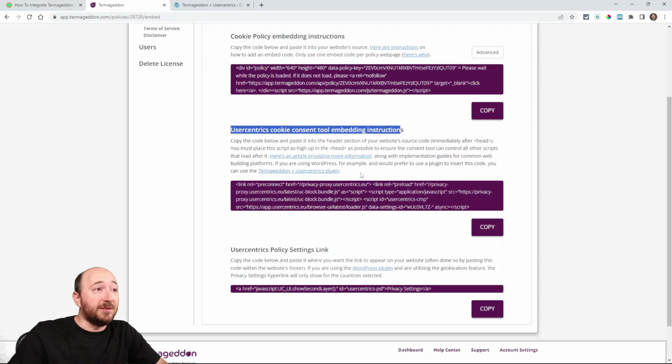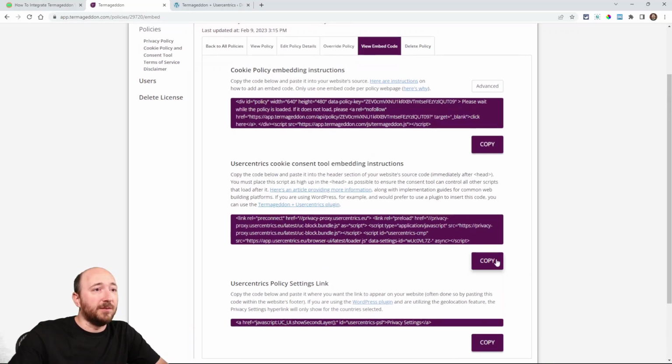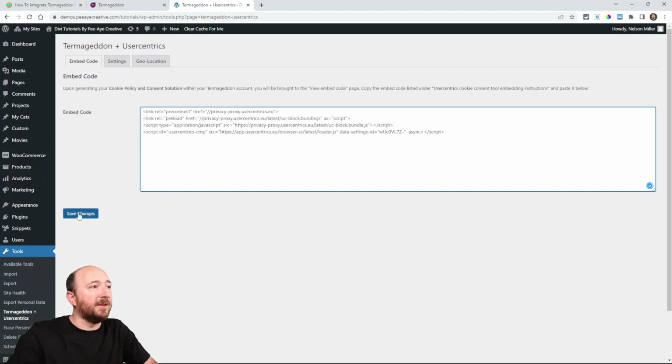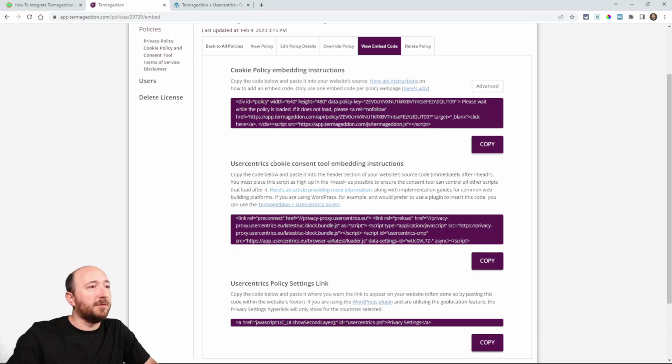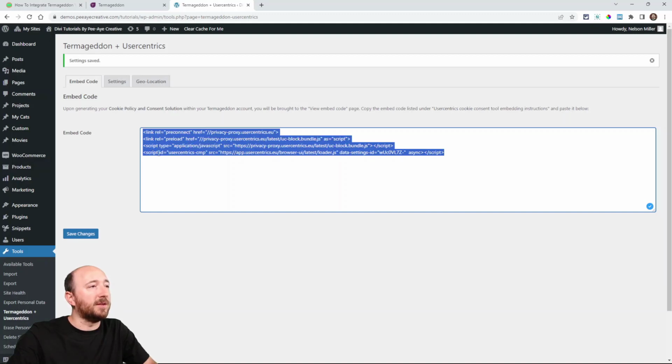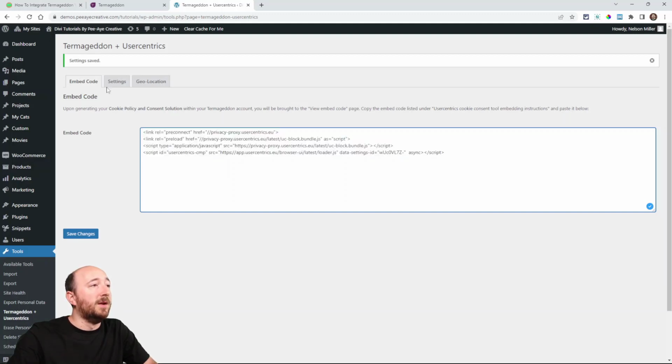This is what we need to copy, the second one here. We need to copy this. It's all about Usercentrics. They're teamed up with them. We need to copy that and paste that right here, okay? And then save changes, okay? So the second code for the cookie consent tool, paste right here, okay? It's going to be like 4 different lines, okay? Now let's continue. Go to settings,